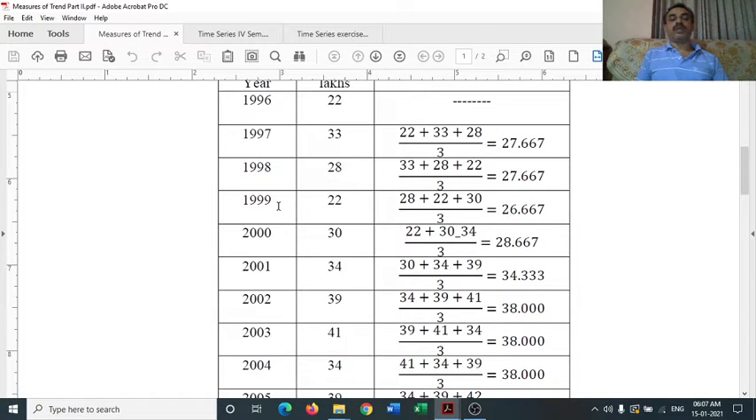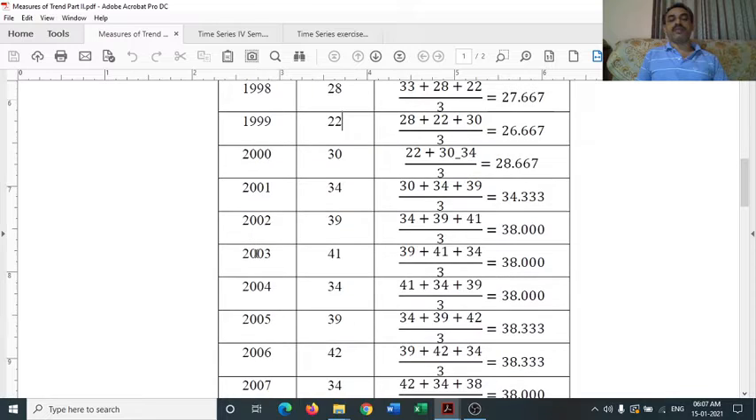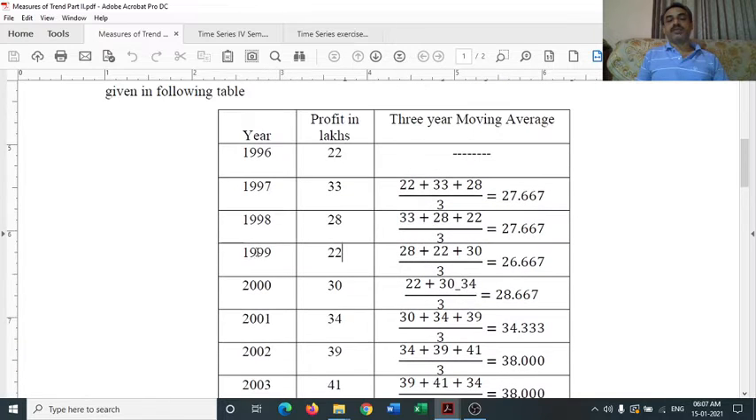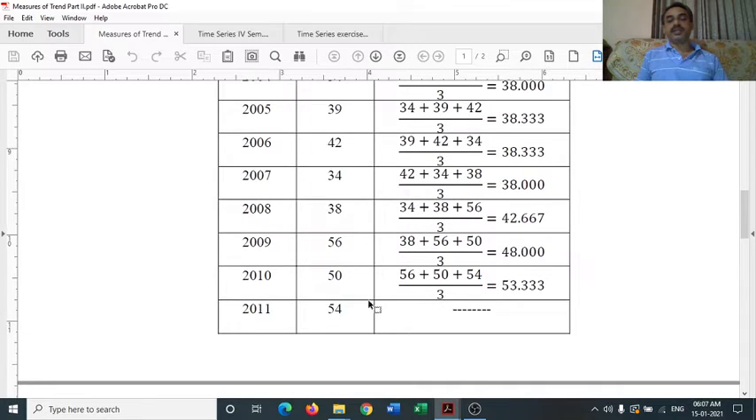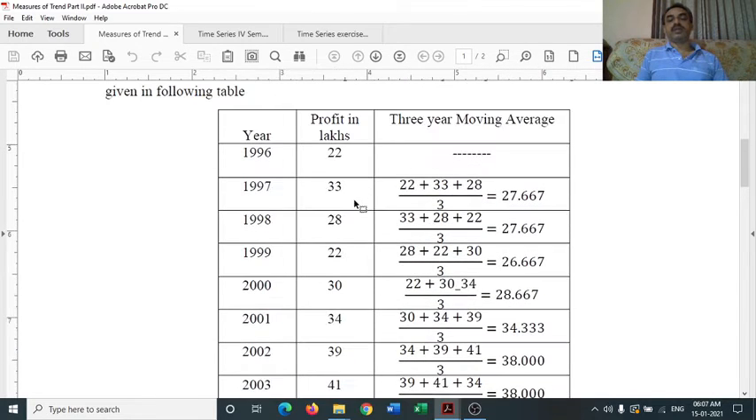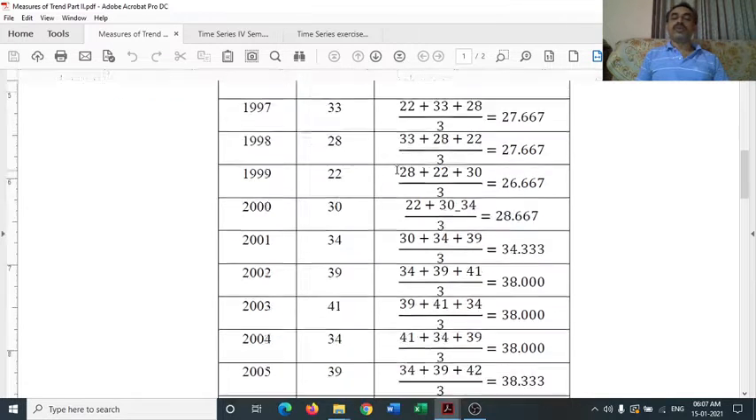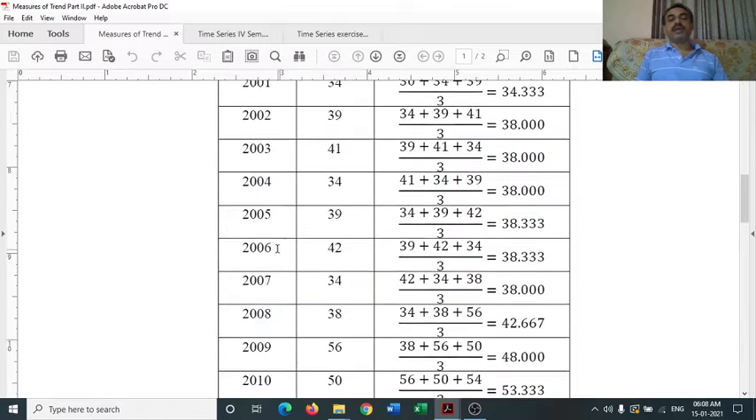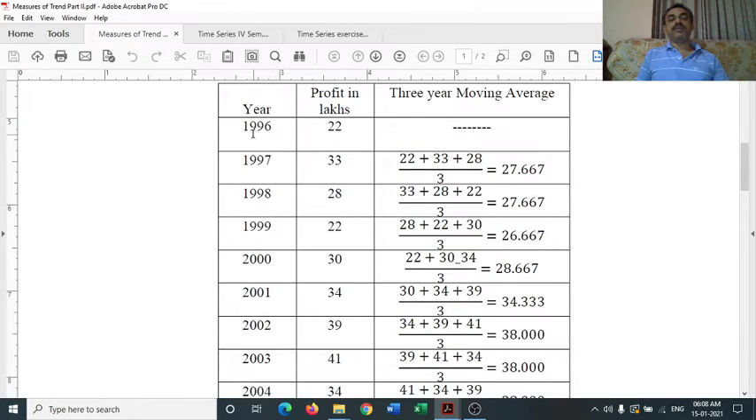In each case, we have to delete the first year of the bunch and add the next year to that bunch. That's how we form the bunches for finding moving averages. And we can also see that there won't be a moving average for the first year and the last year when the periodicity is 3 years. Likewise, if the periodicity is 5 years, there won't be a moving average for the first 2 years and the last 2 years, because when the bunch of 5 years is formed,